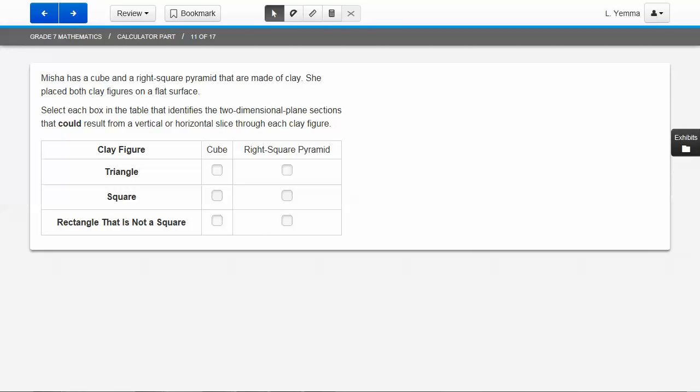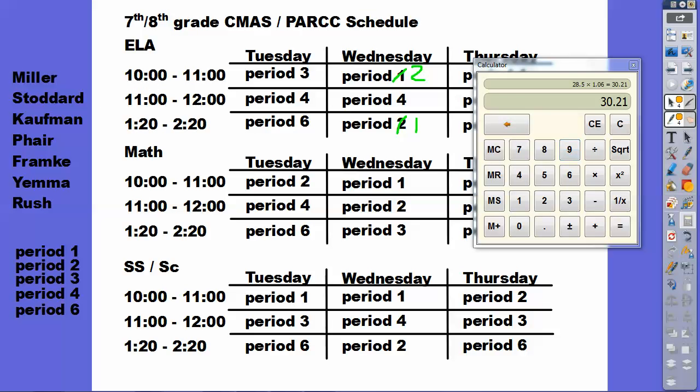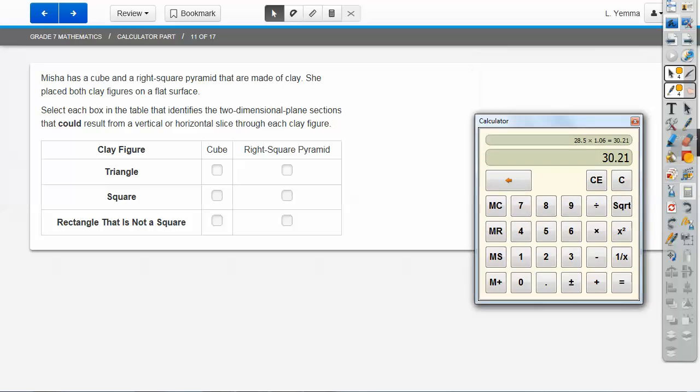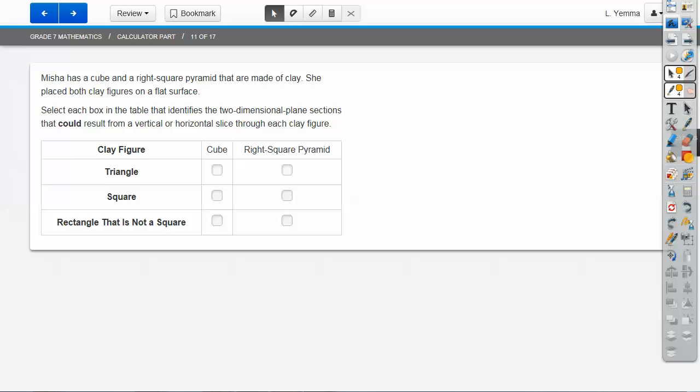All right. Let's see if we can get it to work this time. So, this time, it's still not going to work. Oh, it's been a bad day. All right, well,